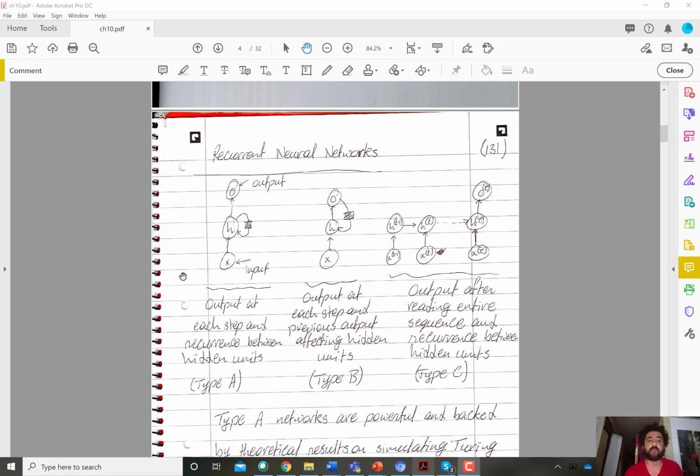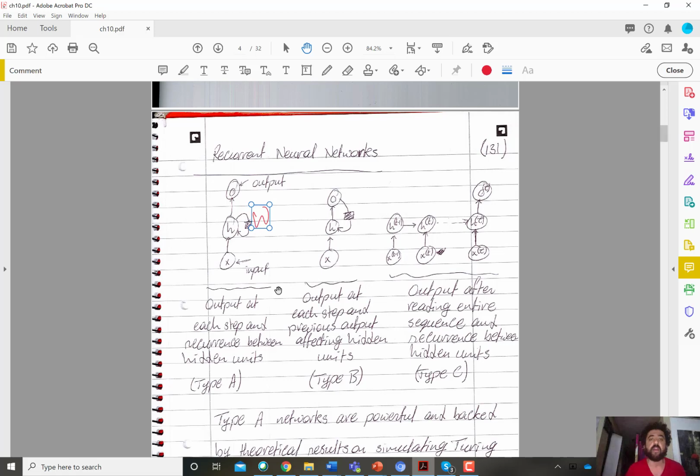And also in terms of computation time, because there is a delay, I will not be able to start backpropagation until I reach the end. And the reason is very simple, right? Because the output at the last time step depends on the hidden values across all the time steps, right? So I need to compute the gradient of that output with respect to, let's say I have parameters W here in the transformation